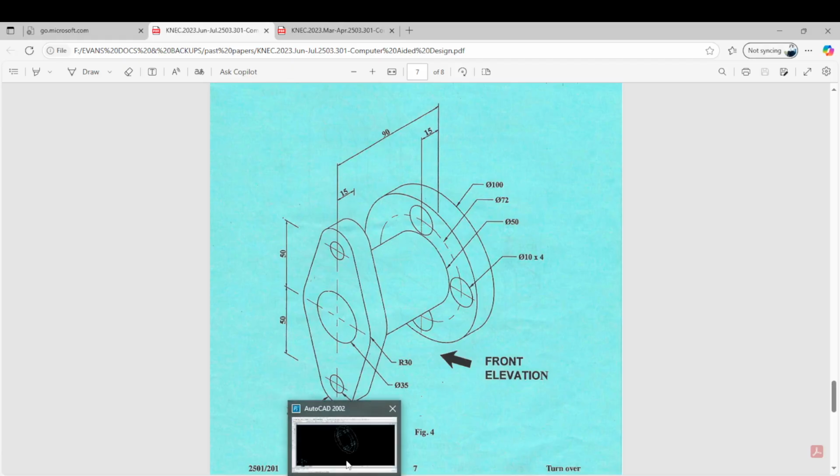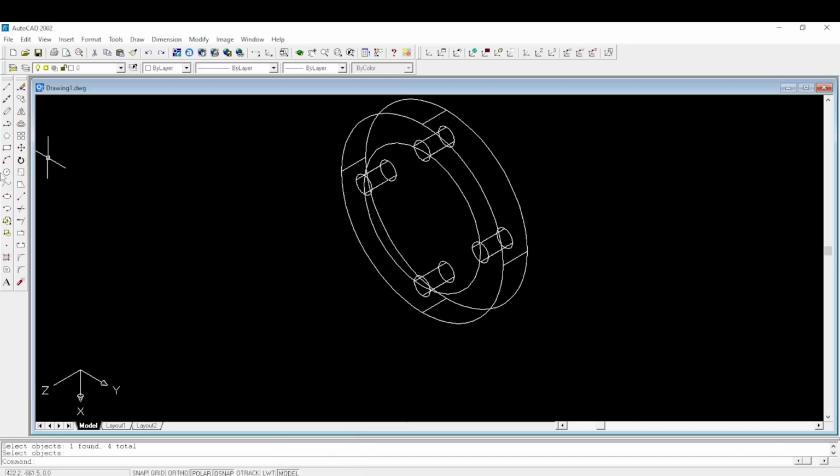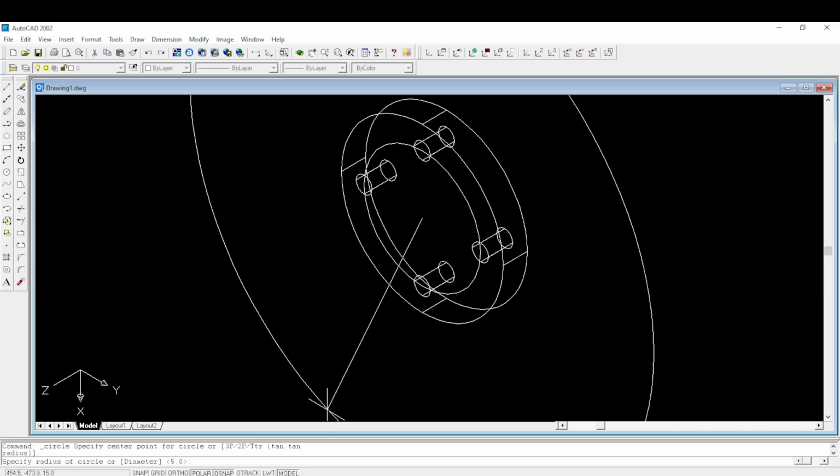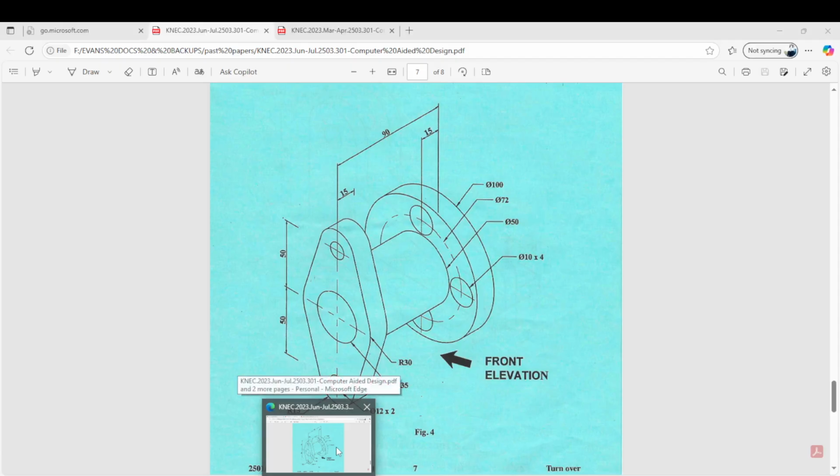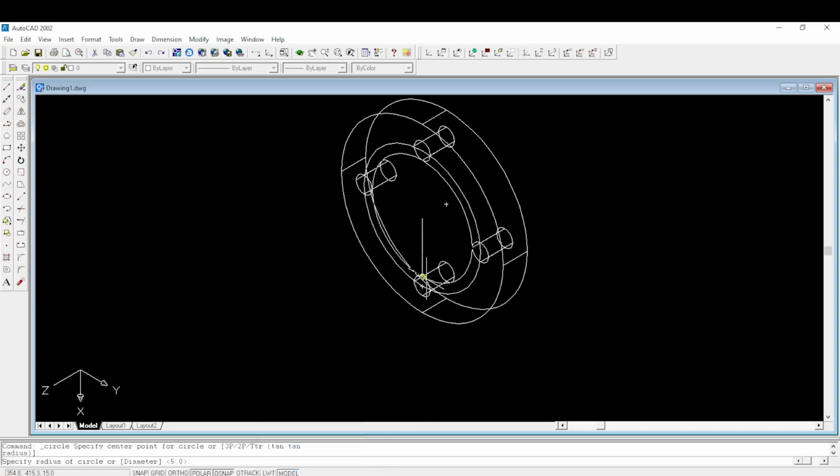So we go back, we select circle, then select this one as our midpoint. It had a diameter of 50, so you can put D, enter, 50,